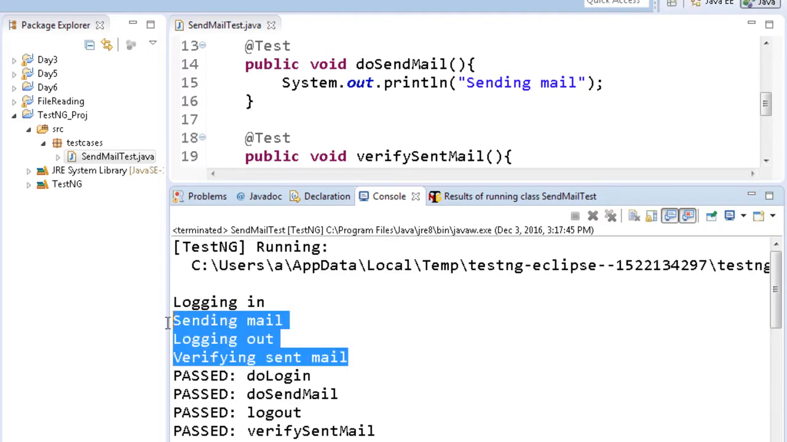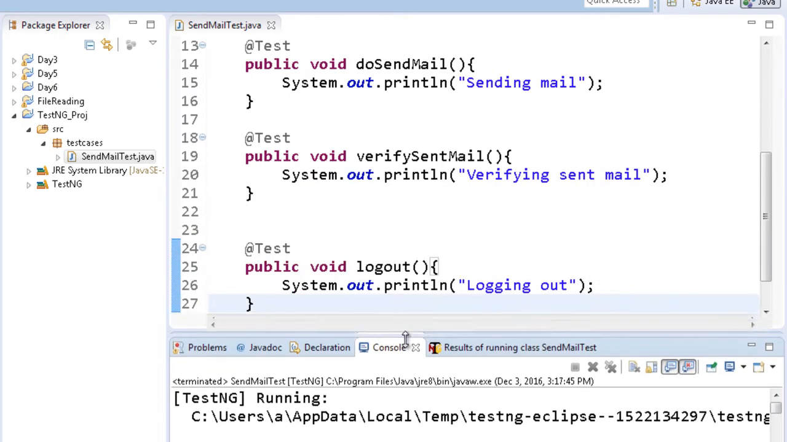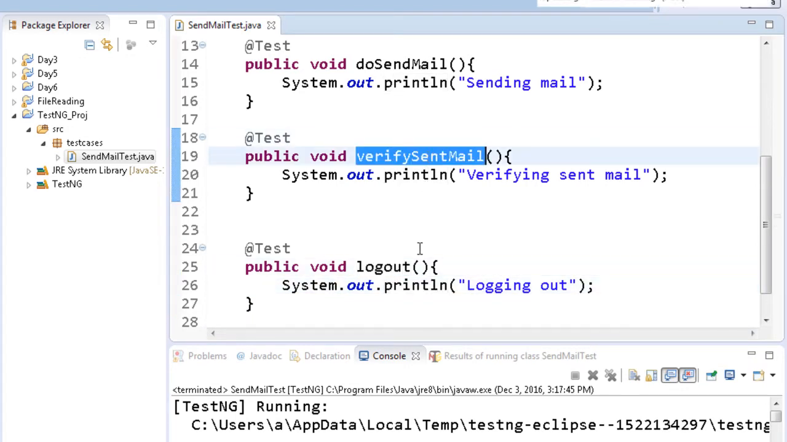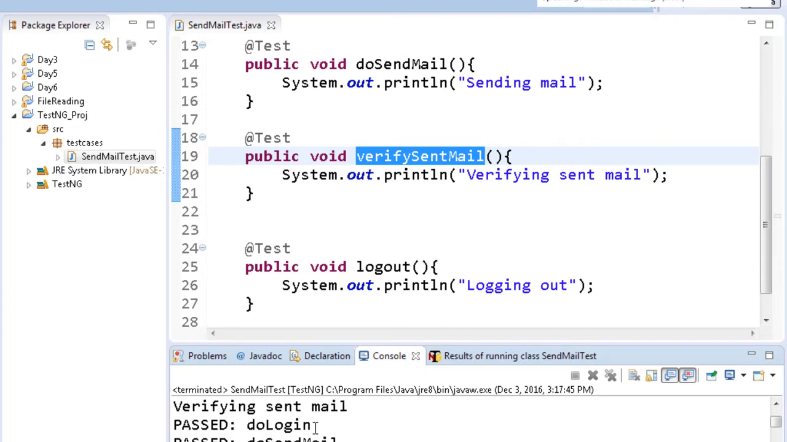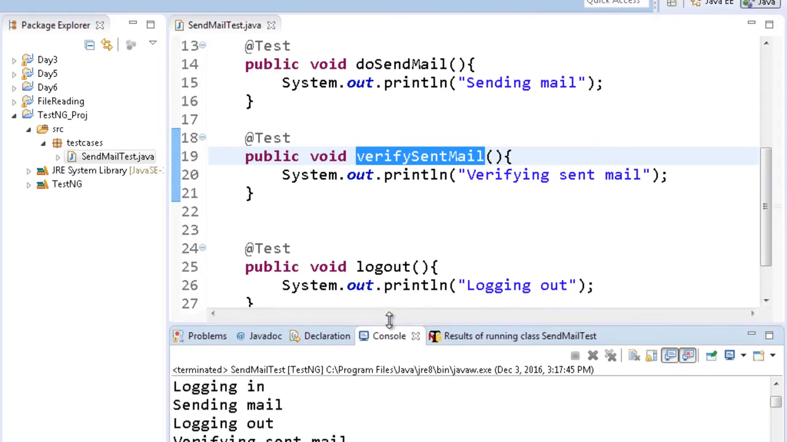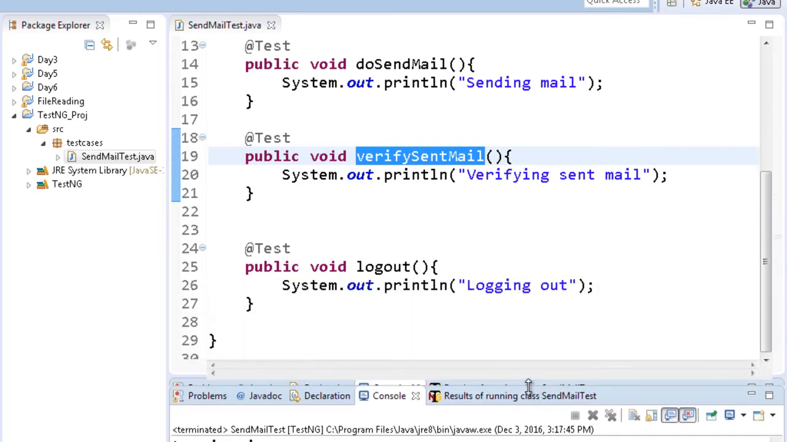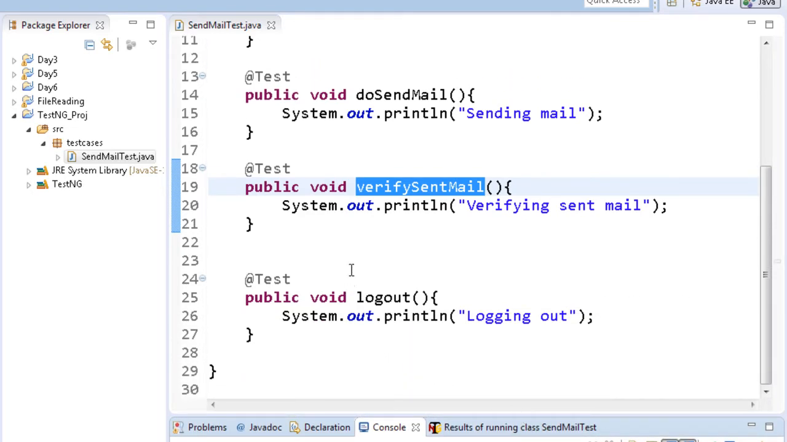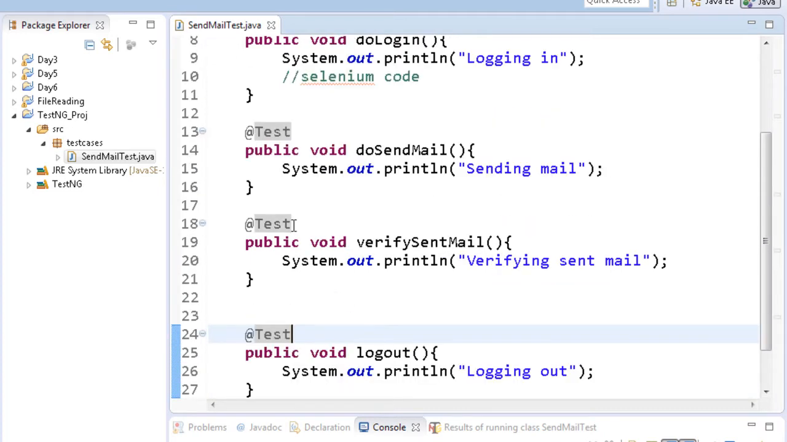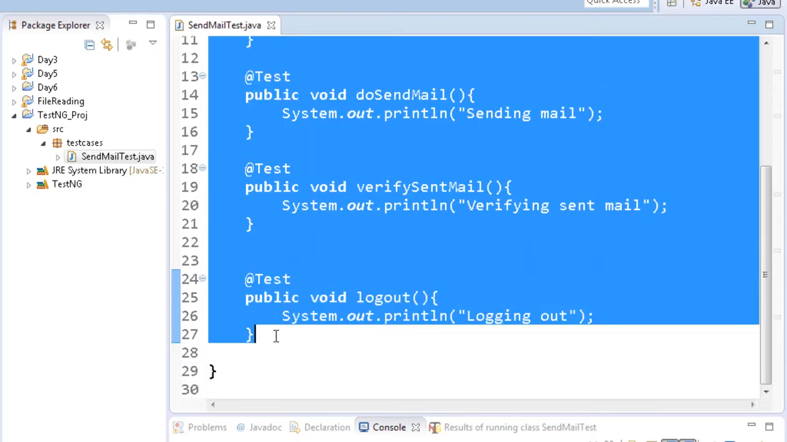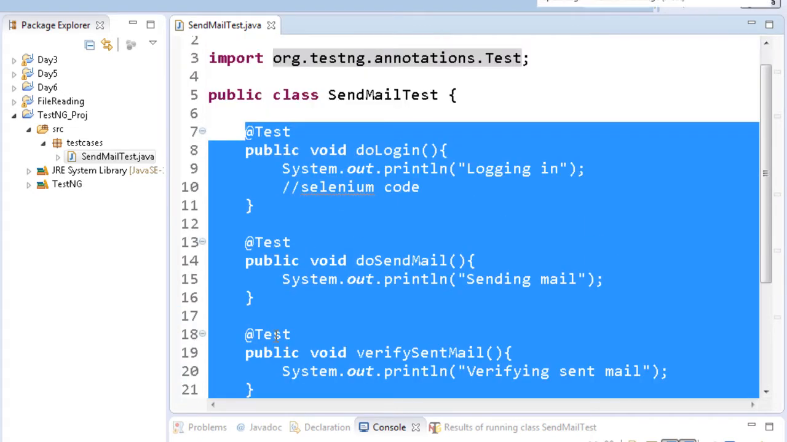Now the order in which these test cases have executed is not the same order in which I had mentioned. Logout is getting executed before verify send mail. If you look at the output, logout is getting executed before verifying send mail. So look, the order in which these test cases execute, you can't control that. TestNG has its own algorithm through which it runs. But